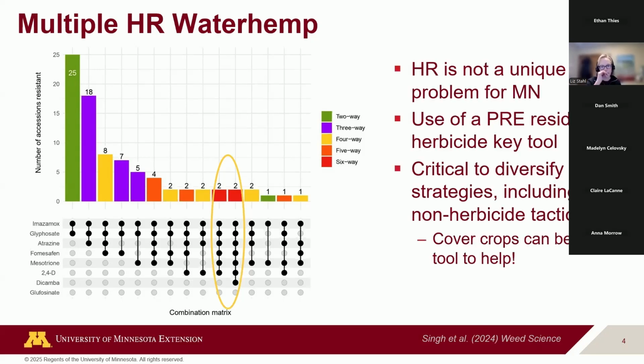So I'm highlighting this because, again, pre-emergence herbicides with residual activity need to be a key part of our weed management systems. They help us control weeds that do have resistance to a lot of different post-emergence products. But we do know too that we need to diversify our strategies. But again, I just want to emphasize, if people are thinking, I want to use cover crops, I want to toss out residual herbicides, we're not encouraging that. You want to keep them as part of the system because we do have so many issues with herbicide resistant